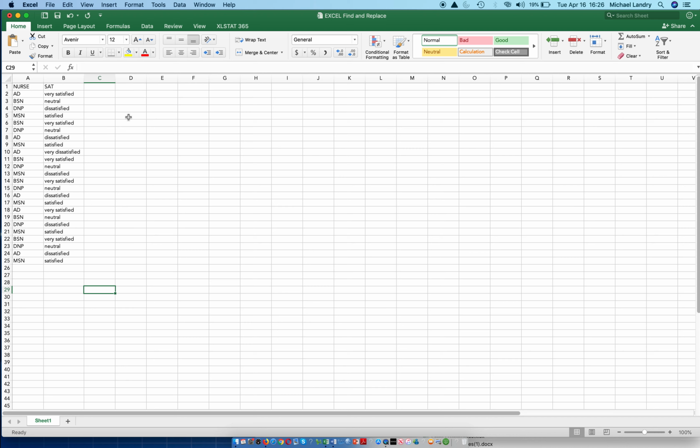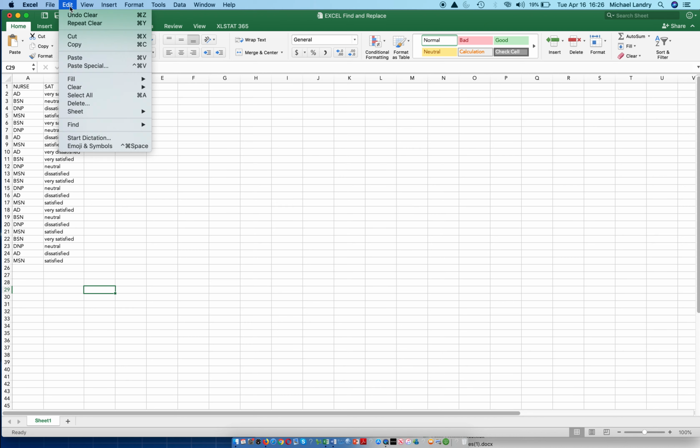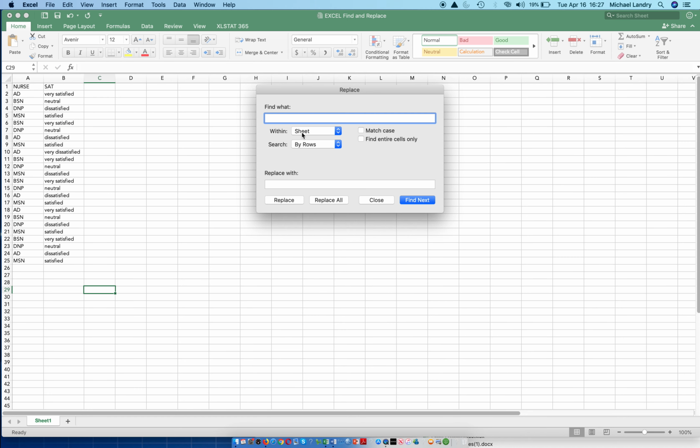So first we're in Excel. We're going to go to the top toolbar in Excel and select Edit. Then we'll select Find, and we'll go over to Replace. And simply now what I'm going to do is I'm going to find a particular term. It could be a number, and then I'm going to replace it with something else. So let's say that very dissatisfied